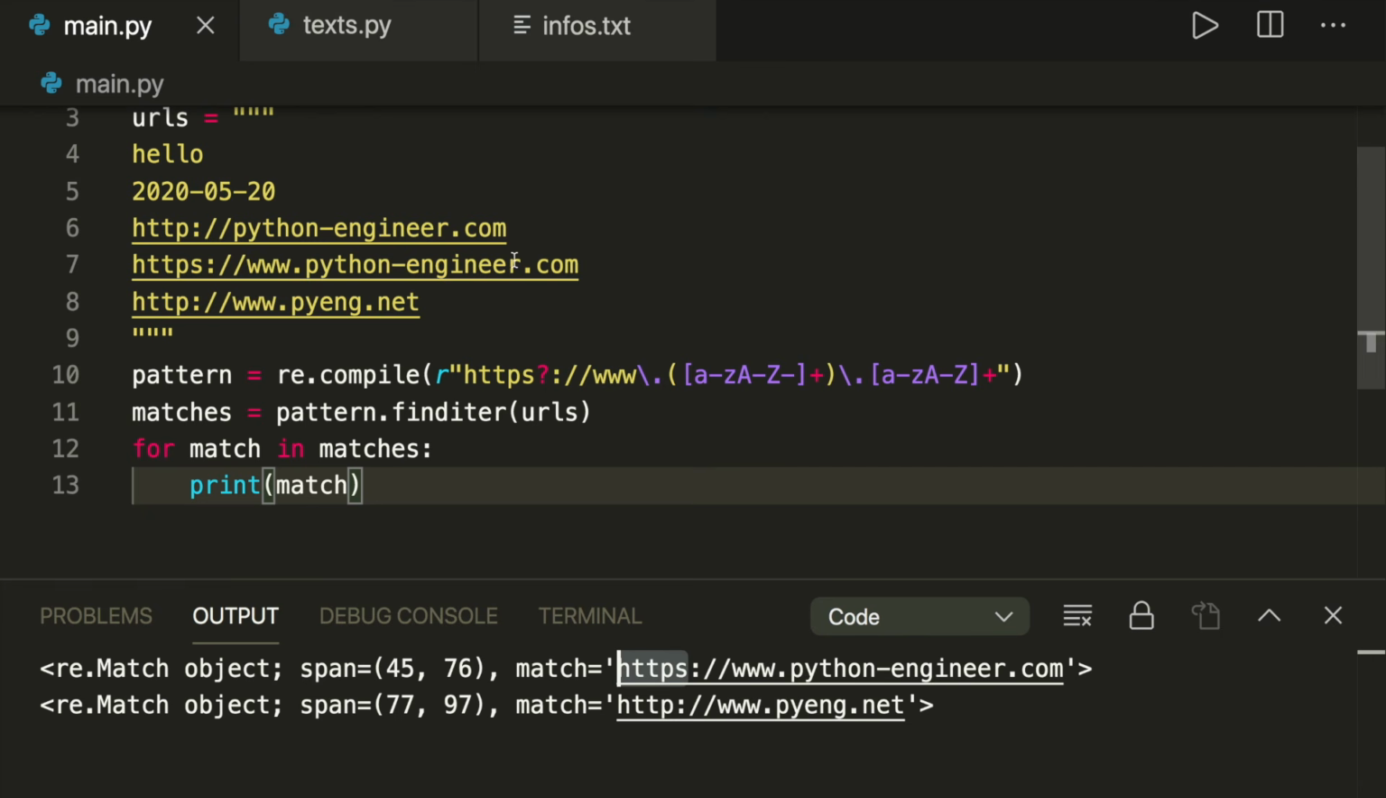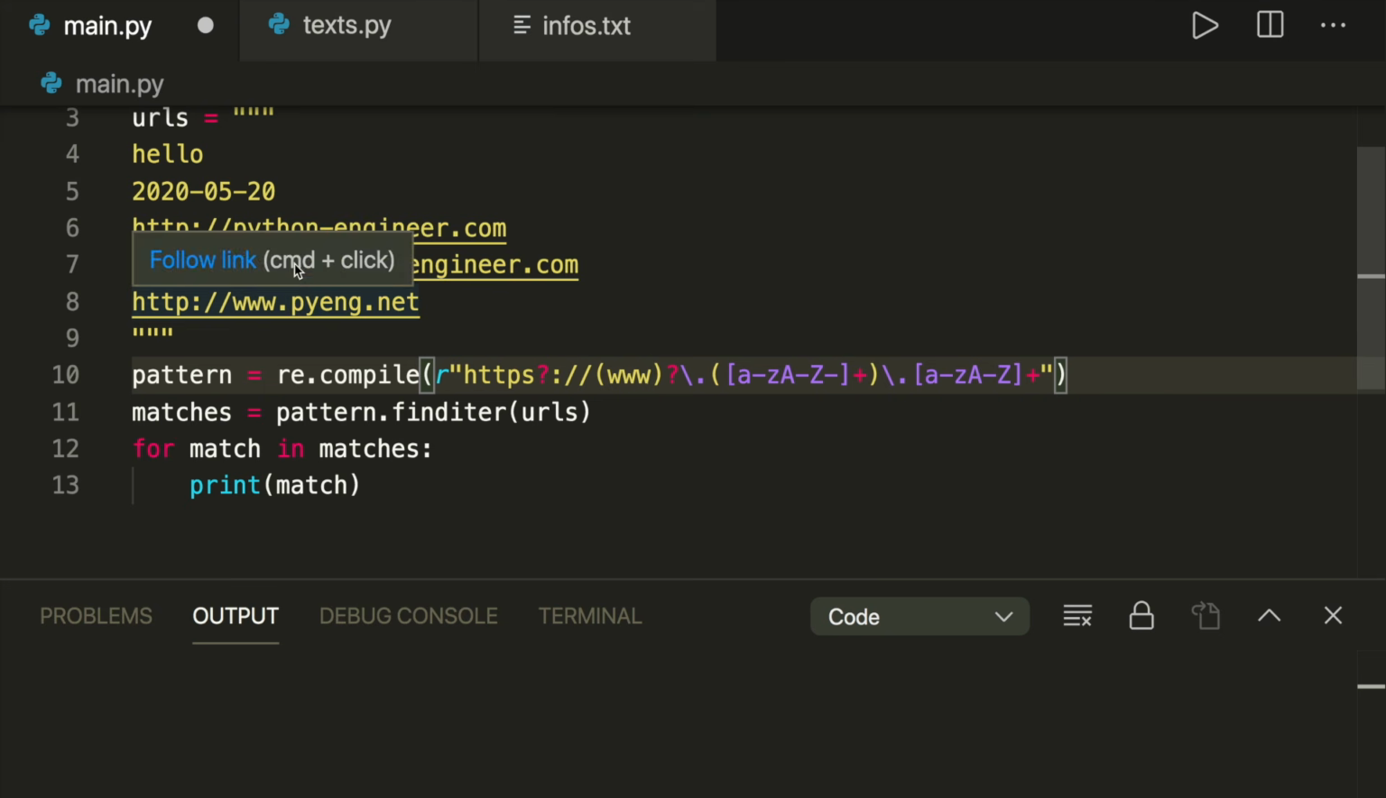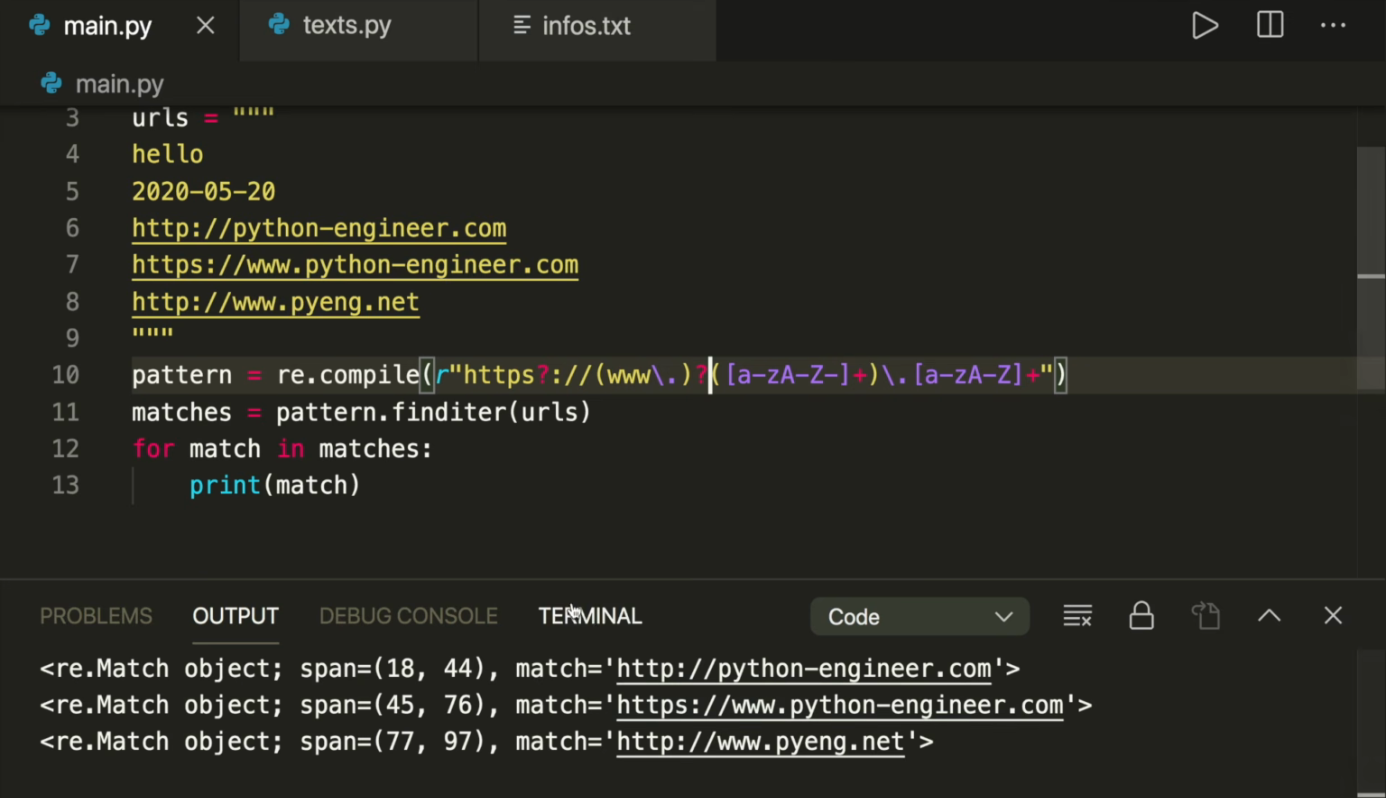And now the same thing with the www. So this may be there or may not be there. So again, let's put this into a group and then use a question mark to make this optional. And now if we run this again, then it still doesn't find it. And this is because it must be www dot, so backslash dot, which must be optional, and then I don't need it here anymore. So let's run this, and then we see that it found all of the URLs and